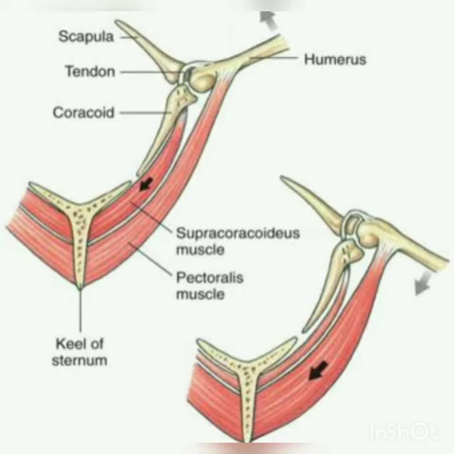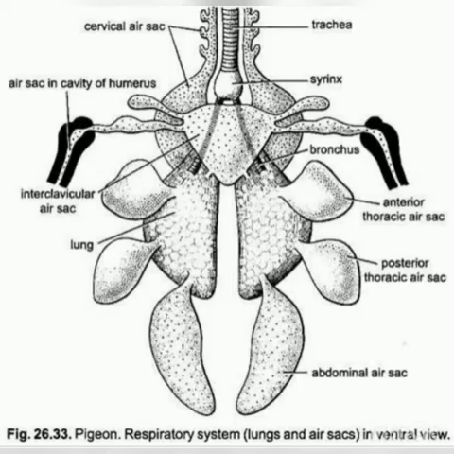This is also an important 3-mark question. Next important question is the respiratory system. In the respiratory system, different kinds of air sacs are found in pigeons. You have to read that there are 9 air sacs, and you have to know their names and where they are present. It is also an important question.